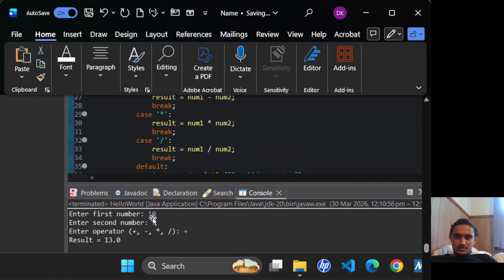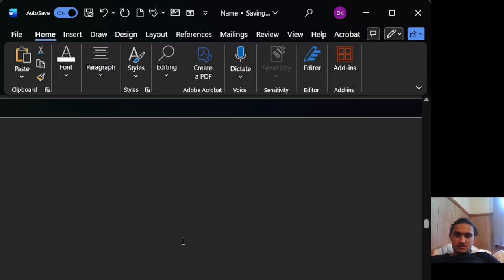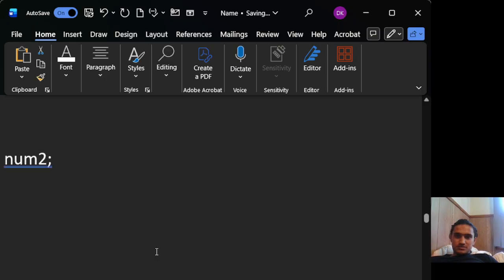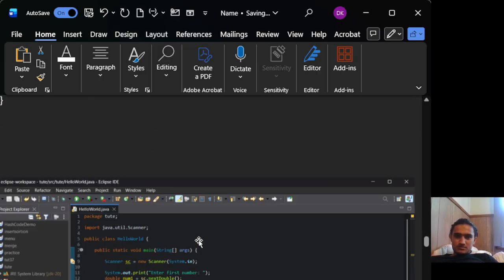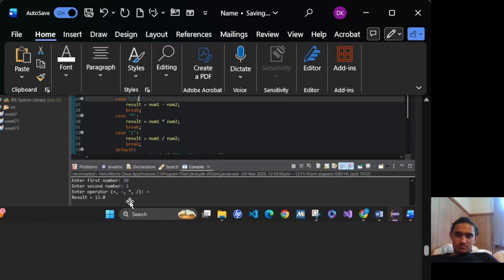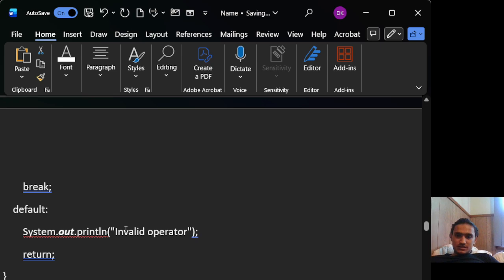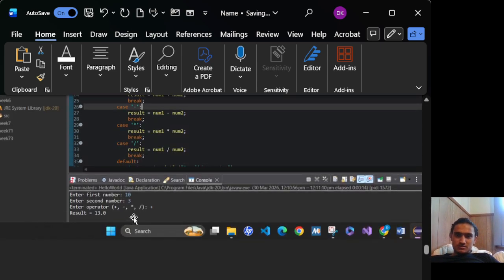I input number 1 as a 10 and a second number, and I enter an operator like plus. If I input plus, then it adds the two numbers. Where I input two numbers, and if I say division, then it divides those two numbers, and it